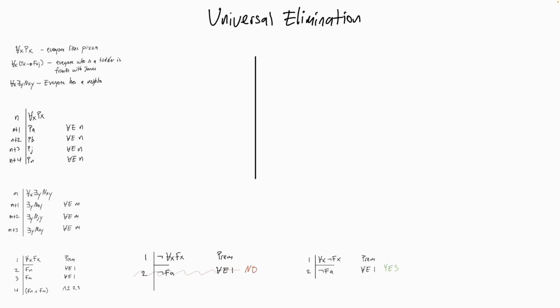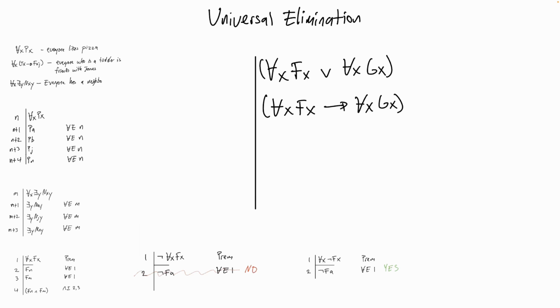Similarly, for all x Fx or for all x Gx, and if for all x Fx, then for all x Gx are not universally quantified wffs either. The first is a disjunction, which happens to be a disjunction of two universally quantified wffs, and the second is a conditional, which happens to have a universally quantified wff as antecedent and another universally quantified wff as consequent, but neither are themselves universally quantified wffs, and so the universal elimination rule can't be applied to them. So you can't derive Fa or Ga from the first, for example,